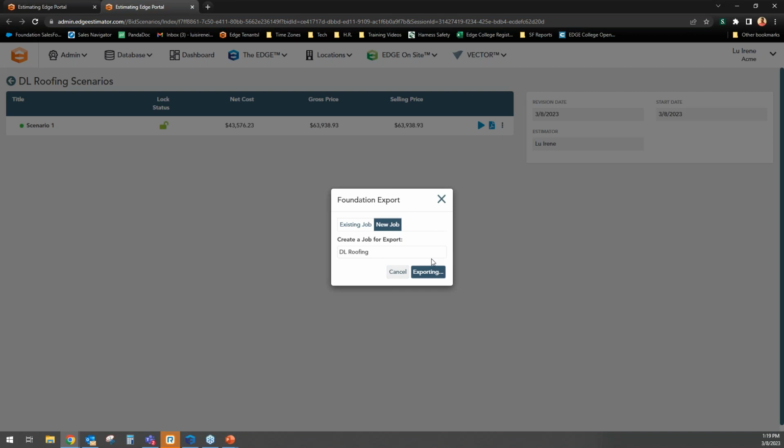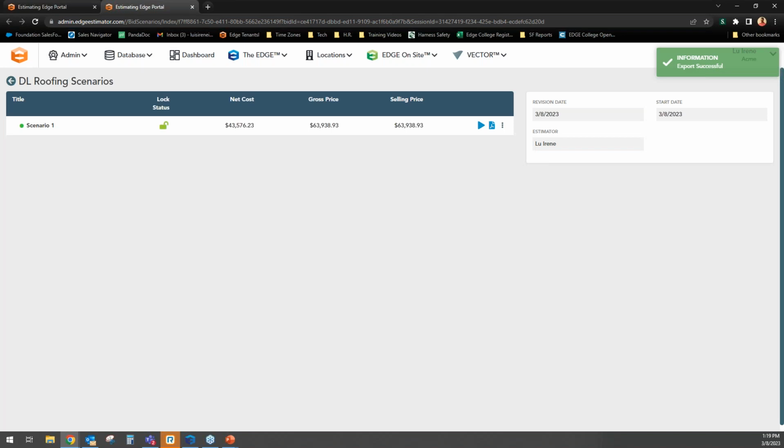This is the API aspect of the integration. So it says export successful here. So I won this job and I pushed it to my accounting platform. One more thing before I pass it to Dylan that I want to quickly point out is